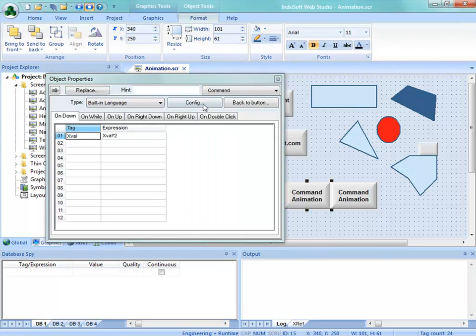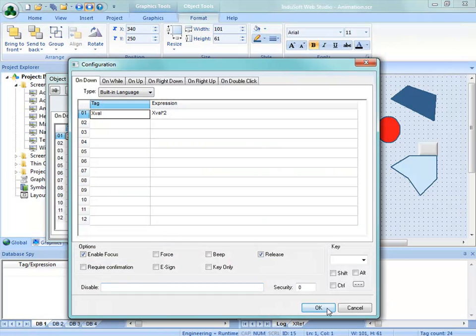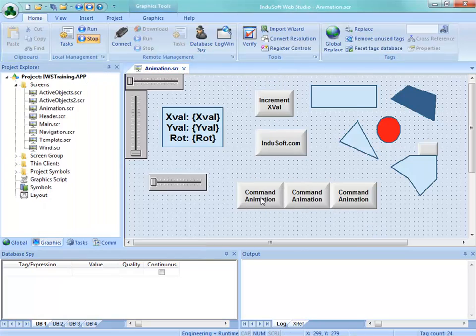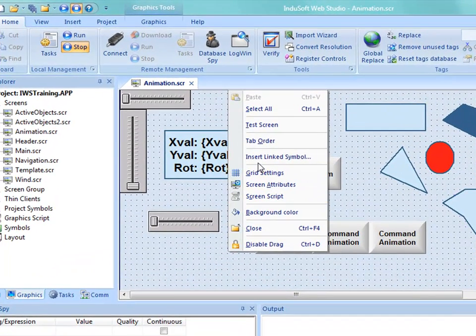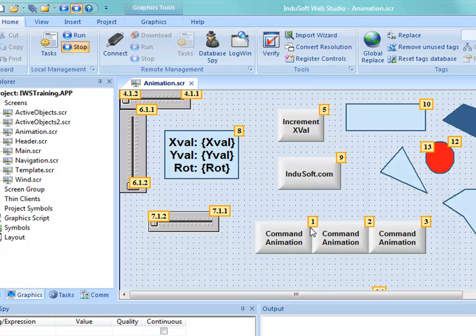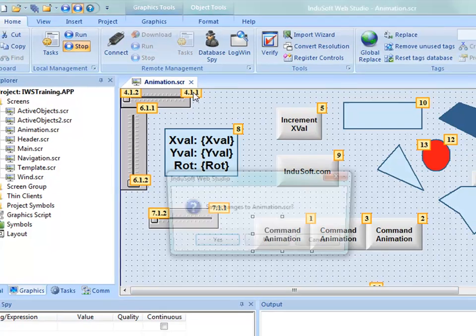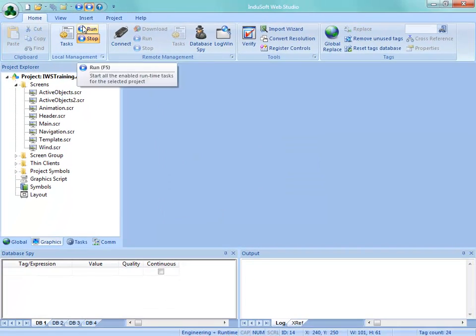I'm going to go back here and turn on the enable focus, and let's set that tab order again. Let's just change it up a little bit here. Set the tab order. We'll make this one 1. We'll make this one 2 and this one 3, so that should go in kind of a strange order there. And now when we run it,